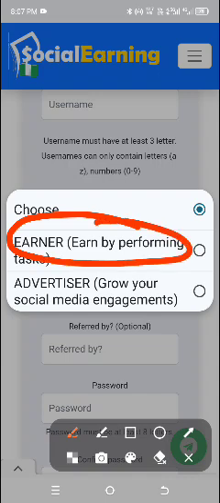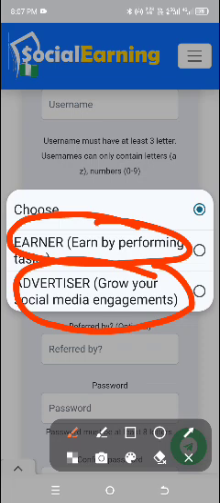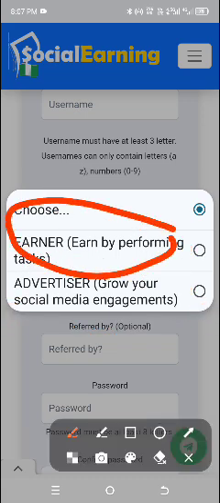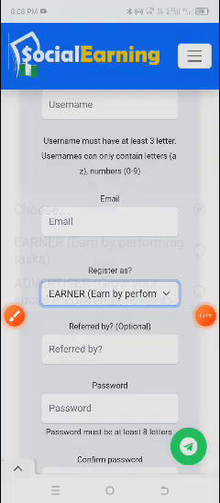But if you want to build your social media platform, social media handles like Facebook, TikTok, Instagram, Telegram, YouTube, and many other aspects, then you can click here to register as an advertiser. But I recommend that if you want to make money, just go straight to the first one and select earner.